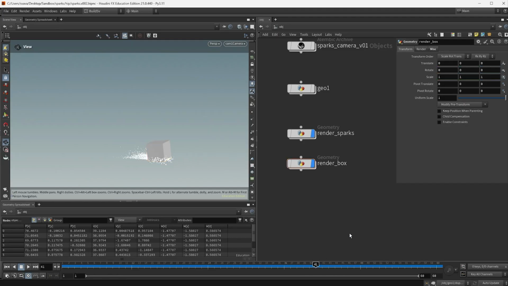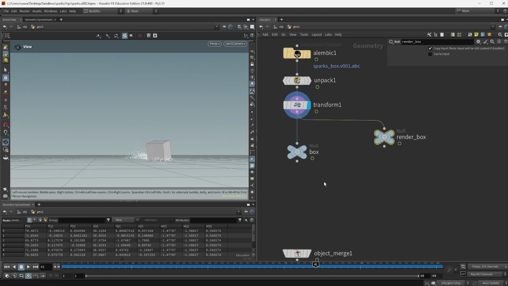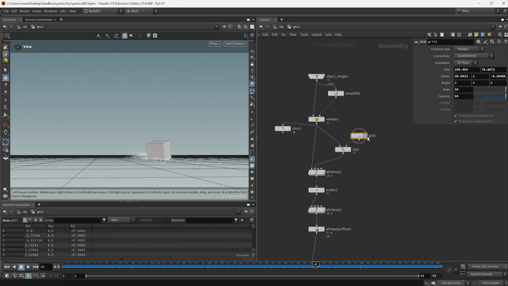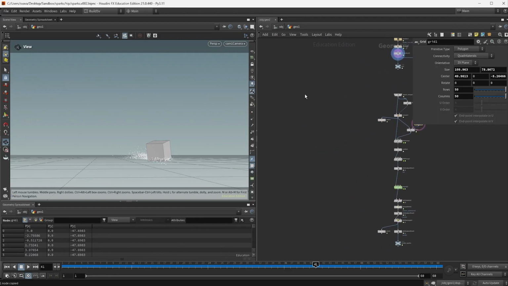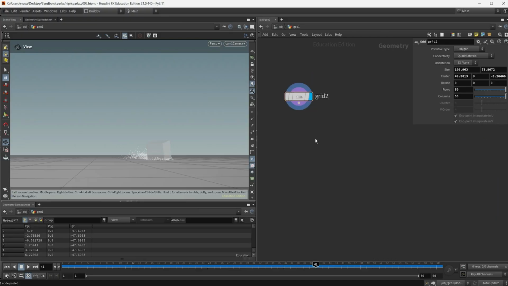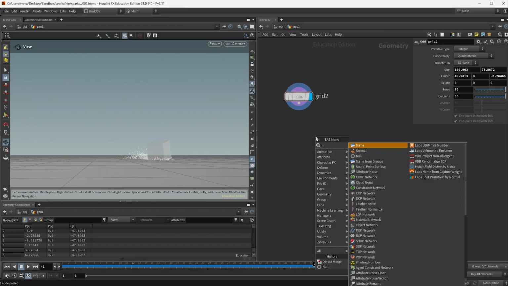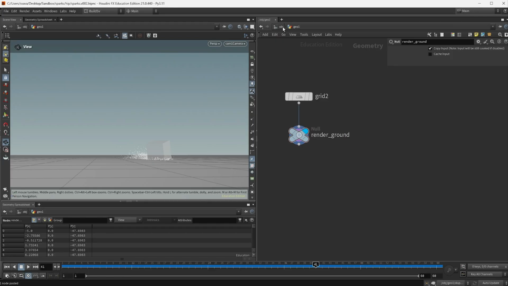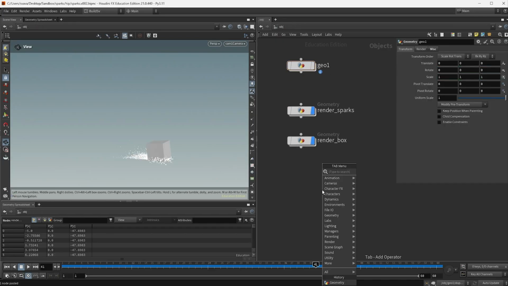And now let's get the ground. I did make a ground somewhere here, but I'm just gonna copy it and put it here on the side. And then do another null for that. And this is gonna be render ground. Go upstairs, put down another geometry.